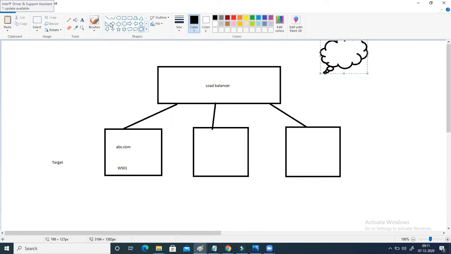Let's say this is the internet, and your load balancer is attached to it. Then let's say a user is also connected to the internet, and if they type abc.com from this client machine via the internet, it is going to hit your load balancer. Now the load balancer is going to distribute it among the backend targets. So maybe the first session will go to ws01, and the second will go to ws02.